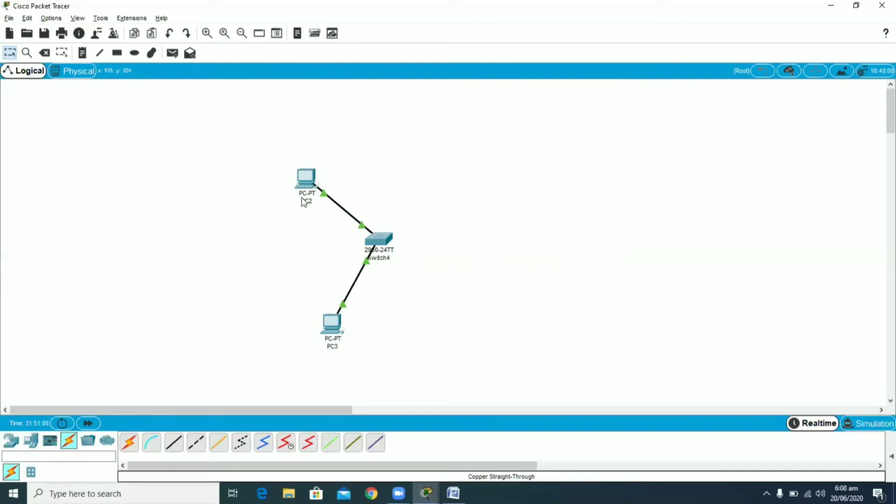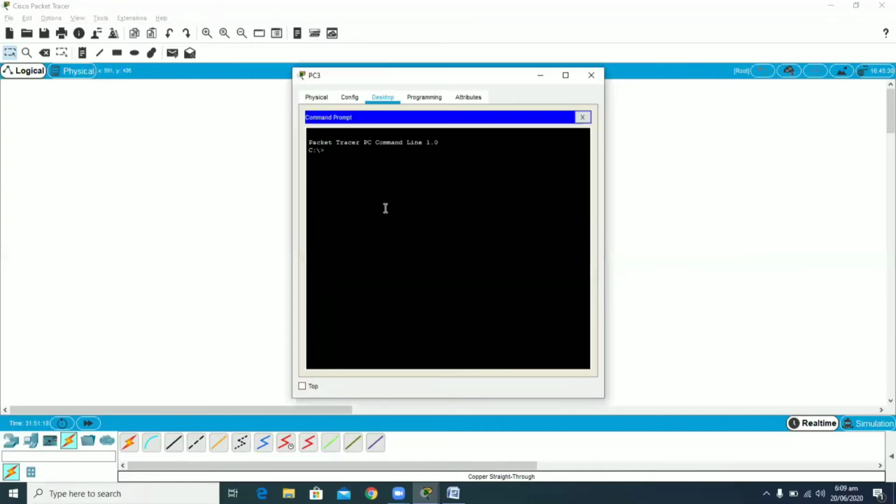So in the beginning, PC2 pinged this switch, and therefore PC2's MAC address was learned by the switch, but here PC3 hasn't done anything yet. So now I am pinging my switch from PC3. So this is the pinging of the switch from PC3, and the TTL is now received.